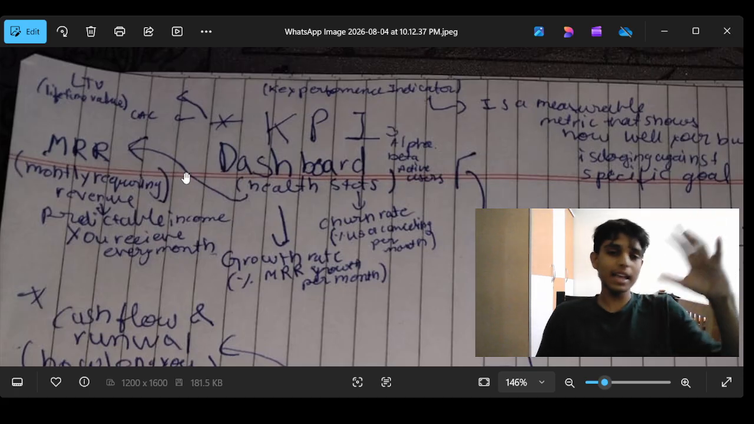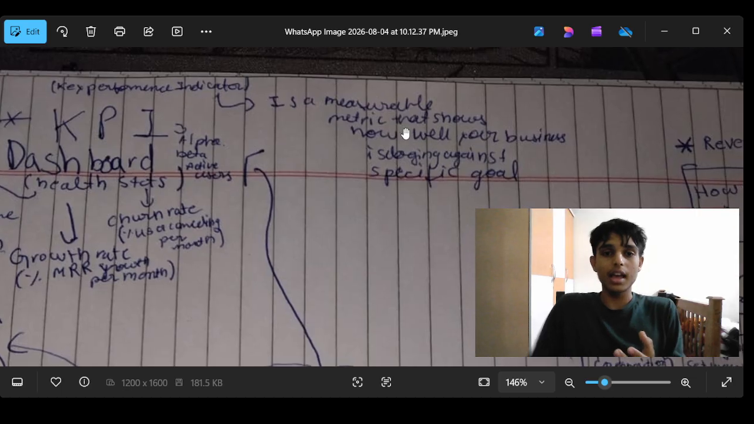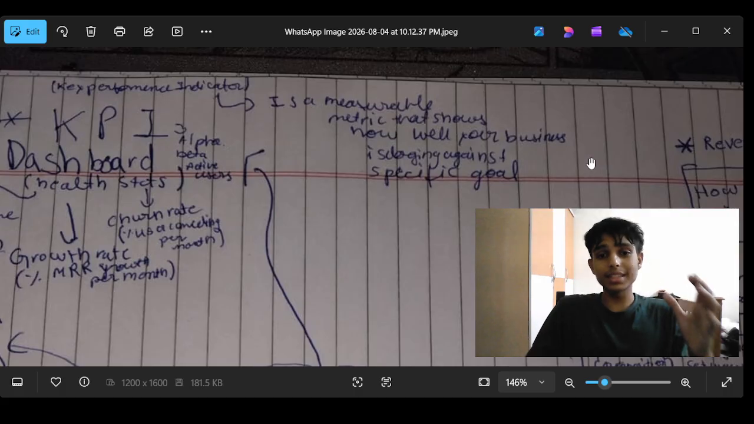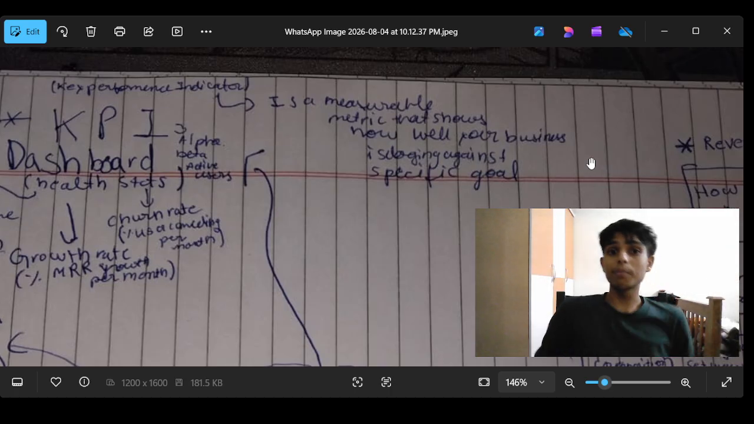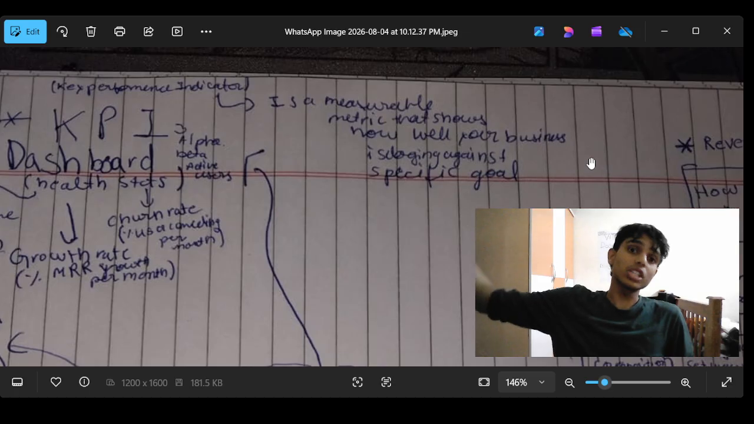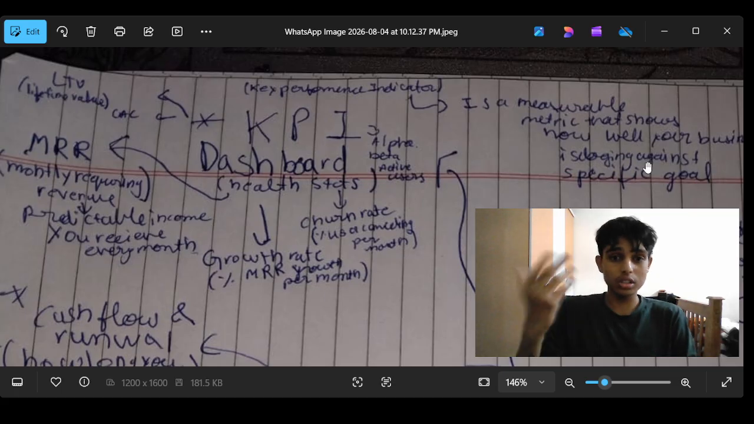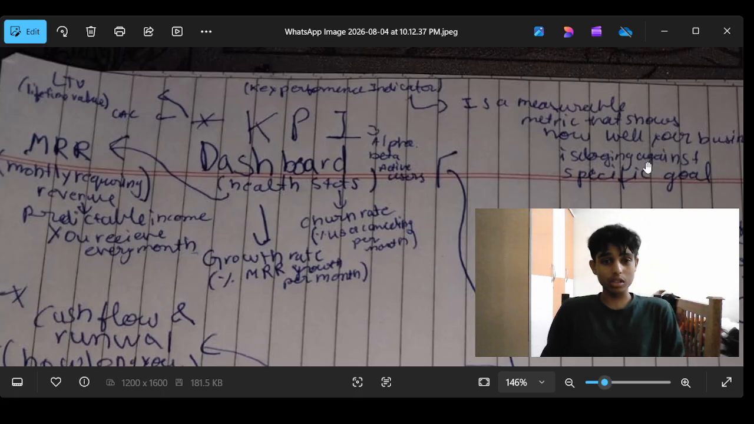There are several KPI keywords you can specify, just read the definition of KPI: a measurable metric that shows how well your business is doing against a specific goal, and how you're planning to make it much better to achieve that goal. And KPI depends on your lifetime value, your customer acquisition cost, active users,